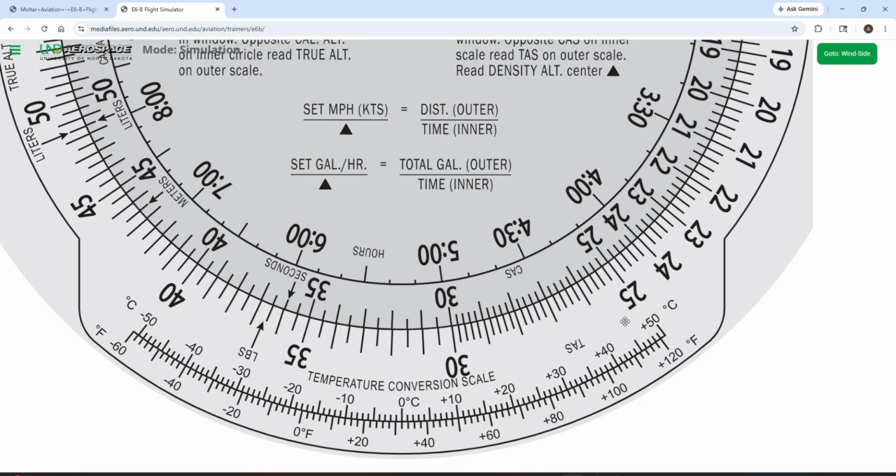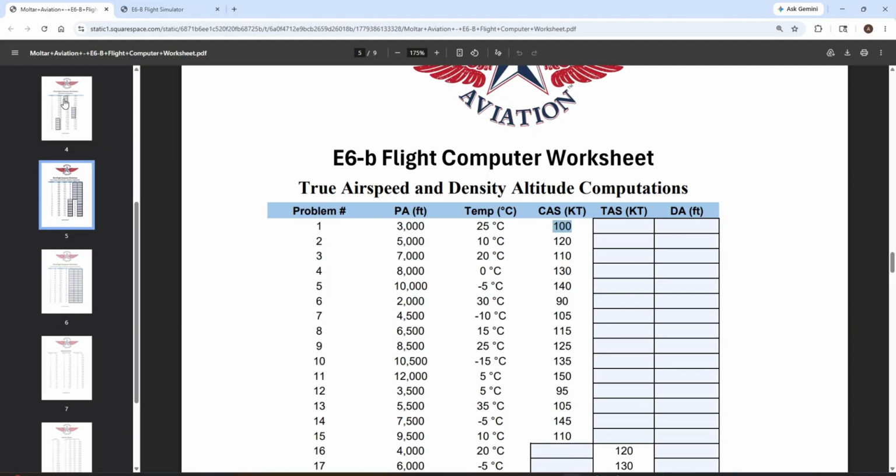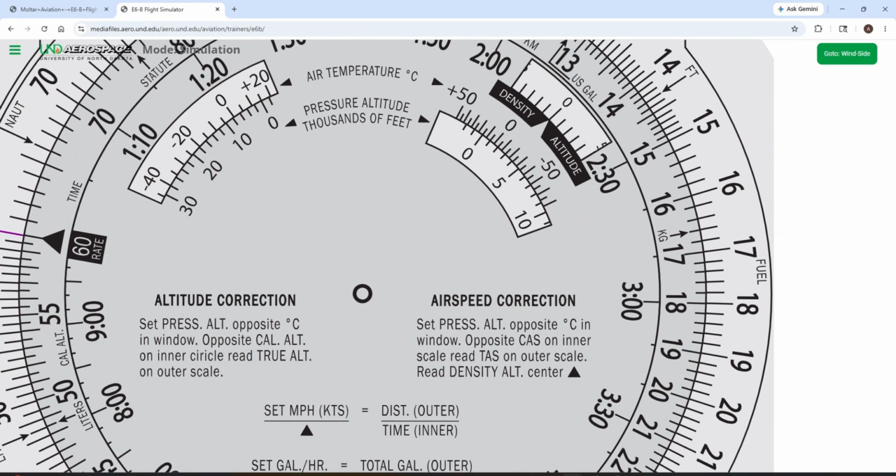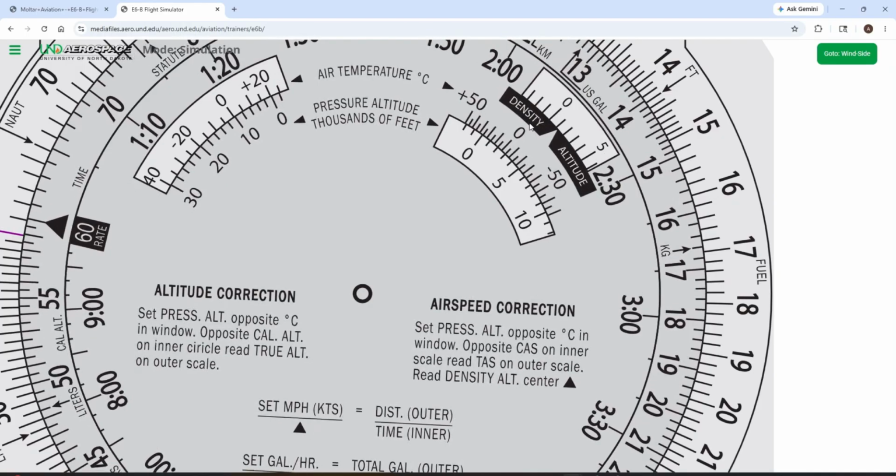So true airspeed's on the outside scale, calibrated airspeed's on the inside scale. So now that we know all that, we can go ahead and work through this first problem. If we have a pressure altitude of 3,000 and a temperature of 25 degrees Celsius, let's go ahead and enter that in. So 3,000 foot pressure altitude and 25 degrees